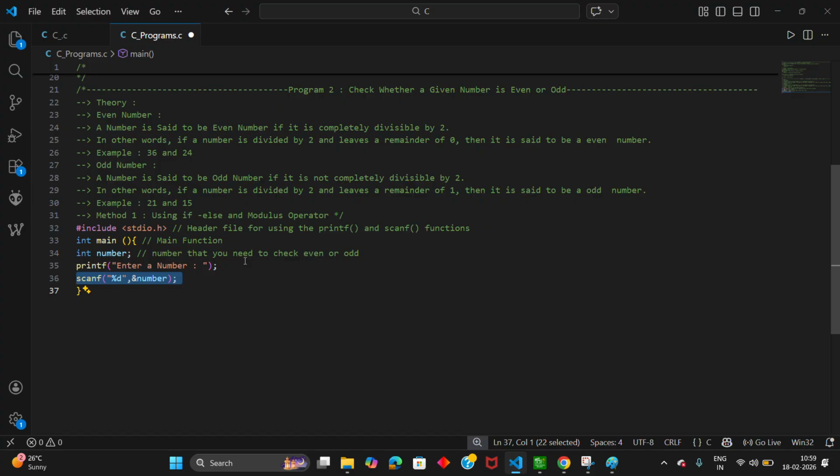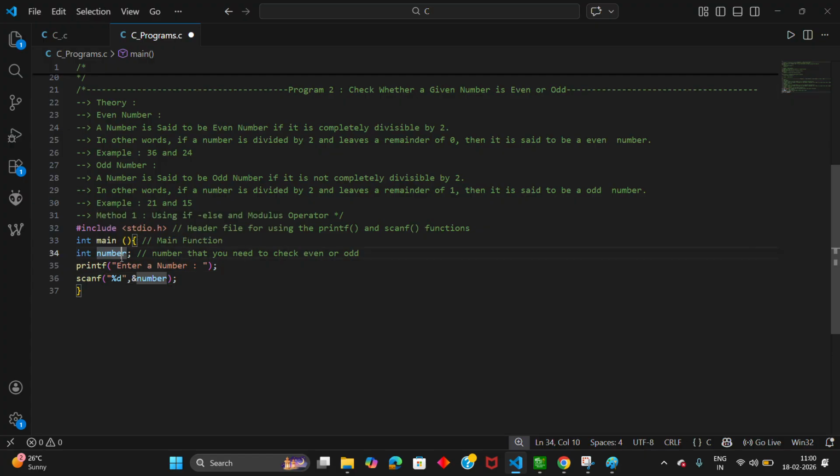Scanf needs two parameters to be included in it. One is the format specifier, that is %d, and the second is the reference operator of the variable. Ampersand number means you have created a number variable, right?